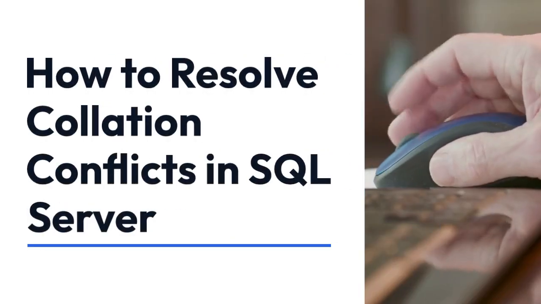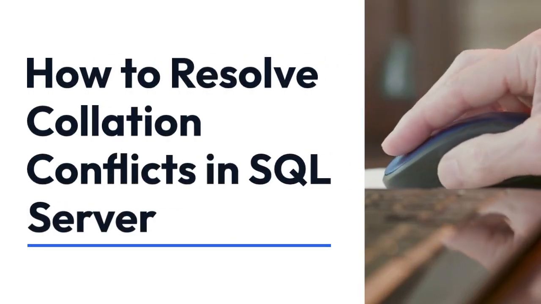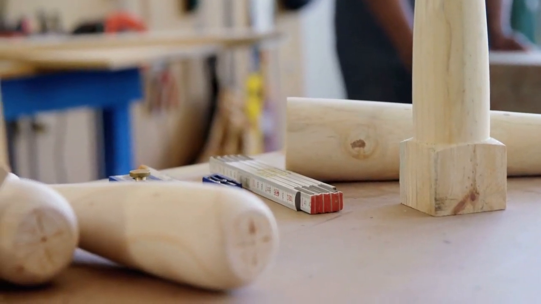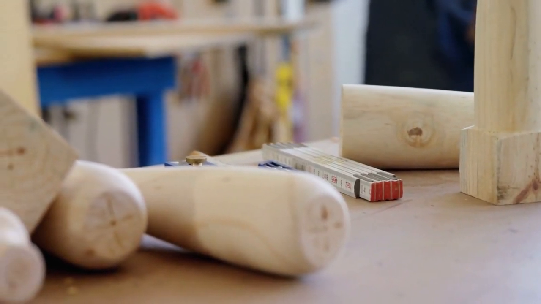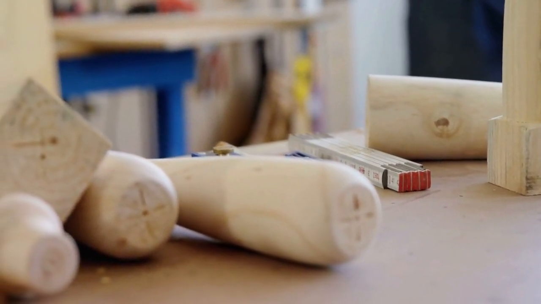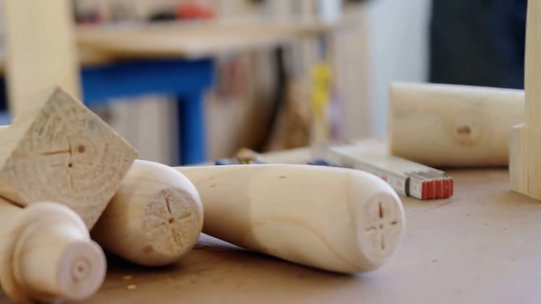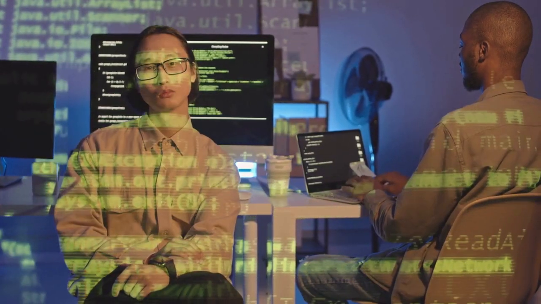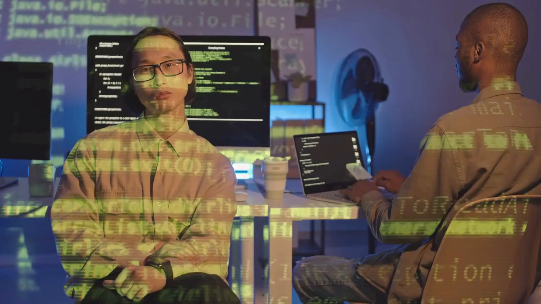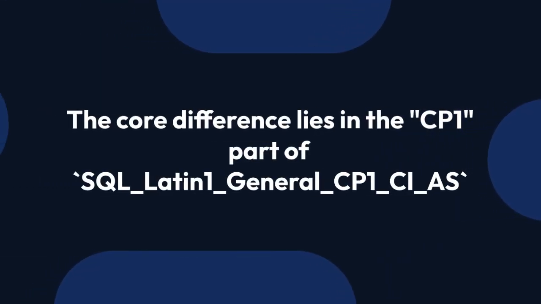We're going to explain how to resolve collation conflicts in SQL Server, specifically focusing on the SQL_Latin1_General_CP1_CI_AS and Latin1_General_CI_AS collations. These collations are often the source of problems, especially when working with data from different sources or older databases. The core difference lies in the CP1 part of